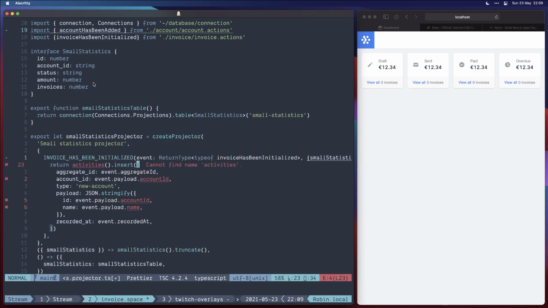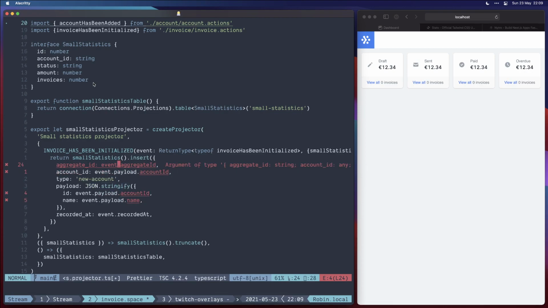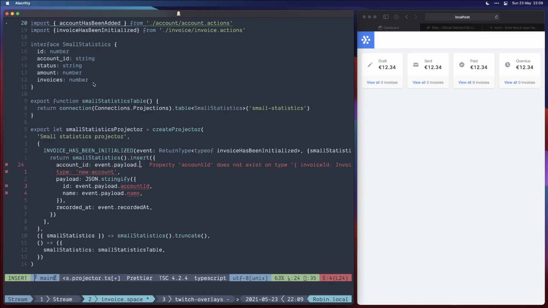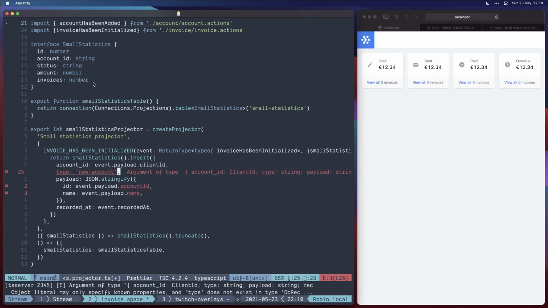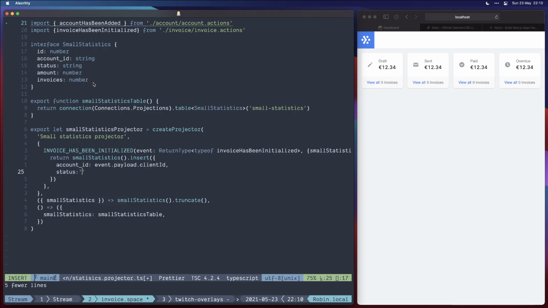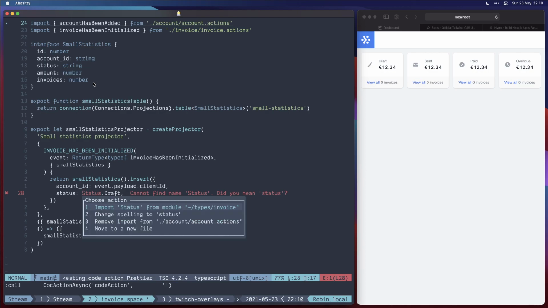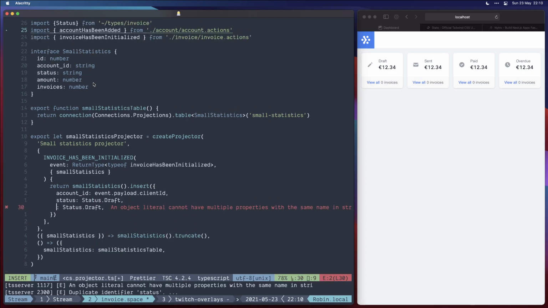Basically what we want to do is whenever we have an invoice that has been initialized, we want to go to the small statistics table and insert a row, which is going to be the account ID. We don't have that information just yet, so we will get there in a second. We need a status, which we know is going to be draft because it's just been created. So let me import this one. We also need an amount, and the amount is now going to be